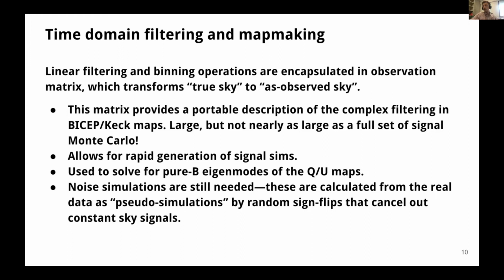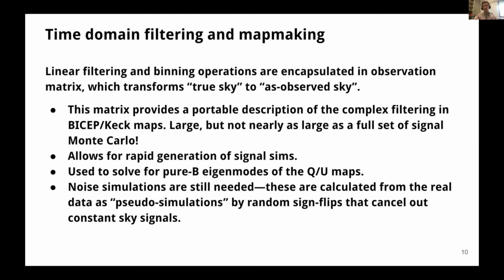An example of the use of this is, I should have probably included a whole slide about this, Ben Thorne and Marius Millea, some folks at UC Davis, who are part of the SPT collaboration, but are now in a close collaboration with us, have been building an entirely separate data analysis pipeline,